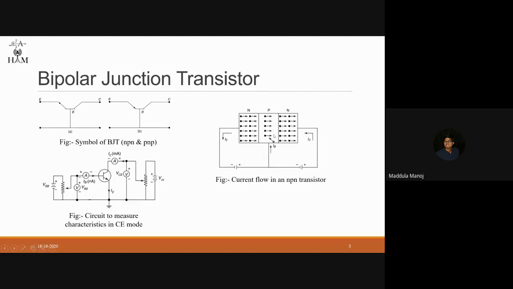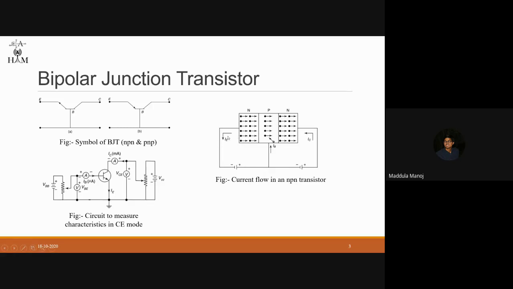the electric field applied across this transistor is transferred to the collector, and the device structure performs the function in such a way that, with the help of this reverse bias voltage and this forward bias voltage, most of the input power is transferred to the output. And if you want to characterize